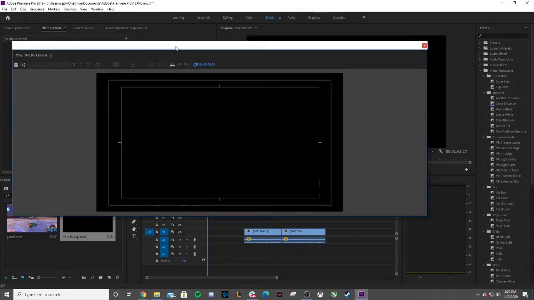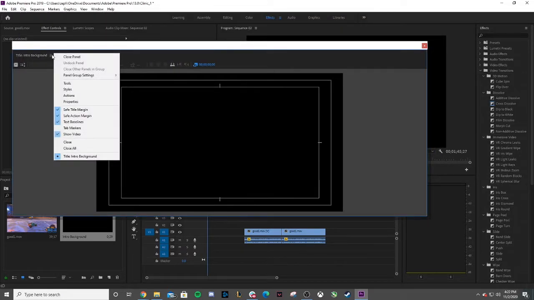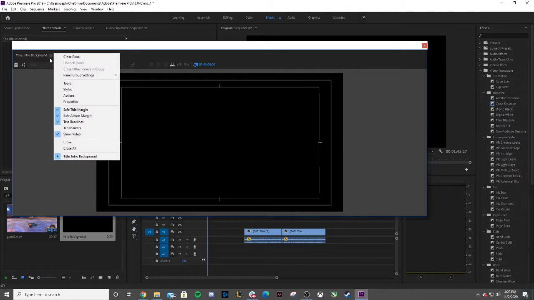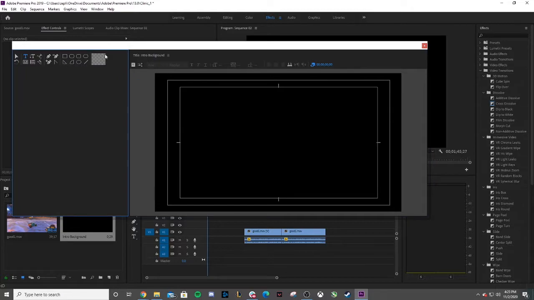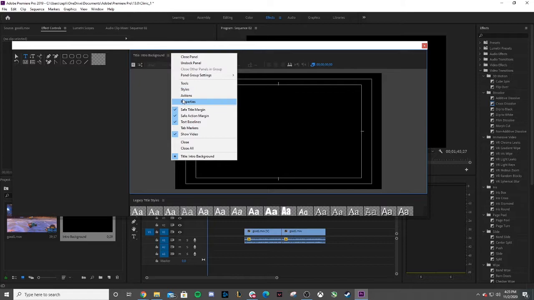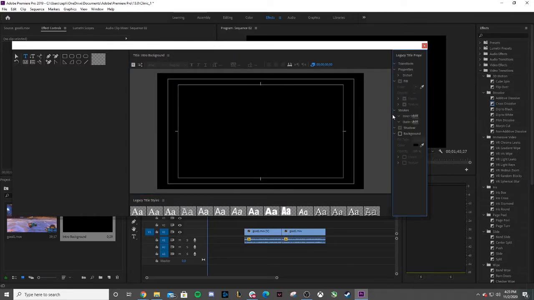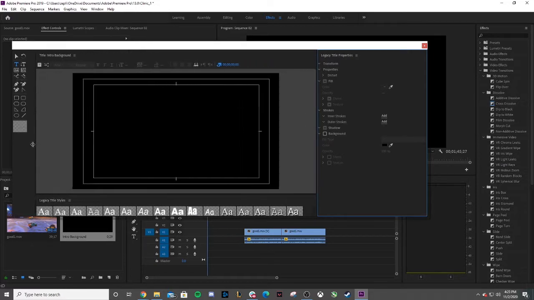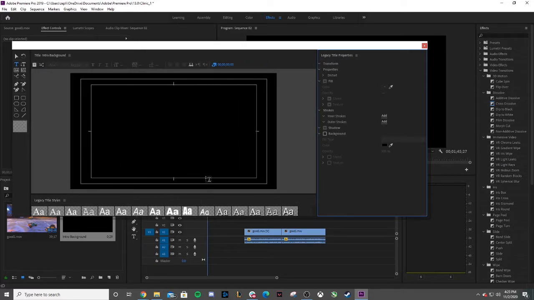So once you're in this screen here, sometimes it doesn't show you all of the tools you have available. So if it just shows you this basic screen here, you'll want to click on these three lines and click on Tools, Styles. So styles isn't super important as much as properties. You may need to adjust these windows a little bit. So like this one doesn't need to be that big. There we go. Cool. So now that we have these tools and properties available,